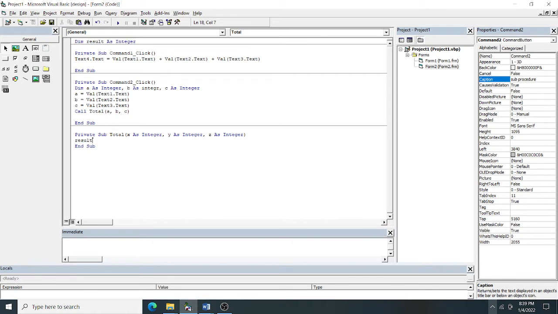A formal argument contains a copy of the actual argument. Global variable means it is accessible to all functions and procedures, whether event procedure, sub procedure, or function procedure. So here I will type result equal to X plus Y plus Z. Okay, we can save this program. Now I will go to form 2.